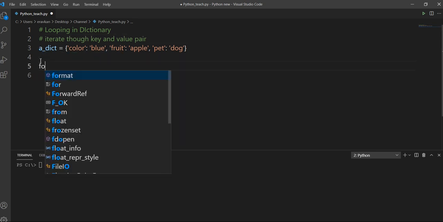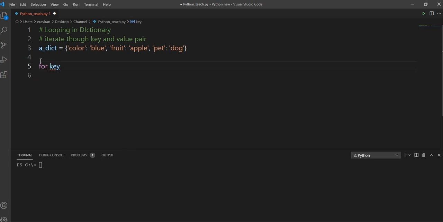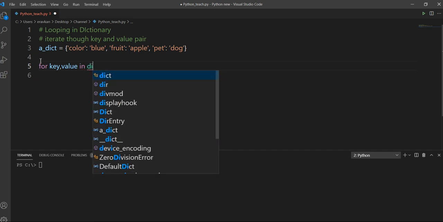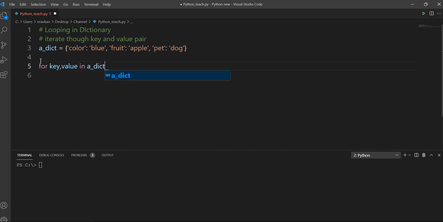If you do for key, value in a_dict, then you have the items keyword here. It will give you items. First, let us check what items gives us.